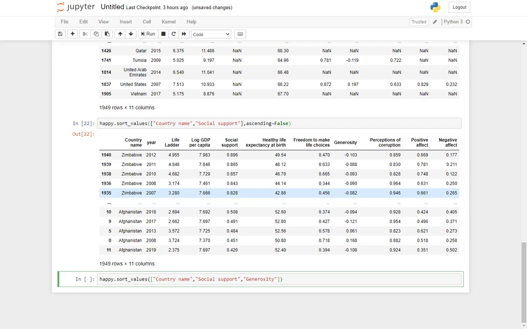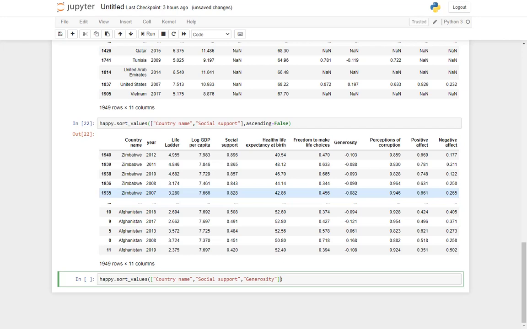But I do not want to sort all 3 of them in the same order, ascending or descending. So in that case, country name: yes, I want to sort it in ascending order. Social support, I want to sort in descending order.